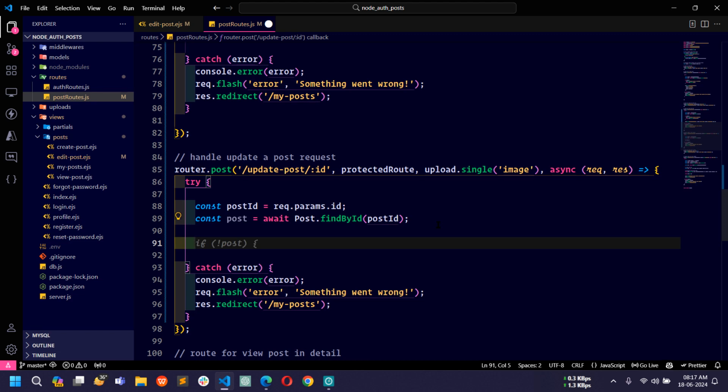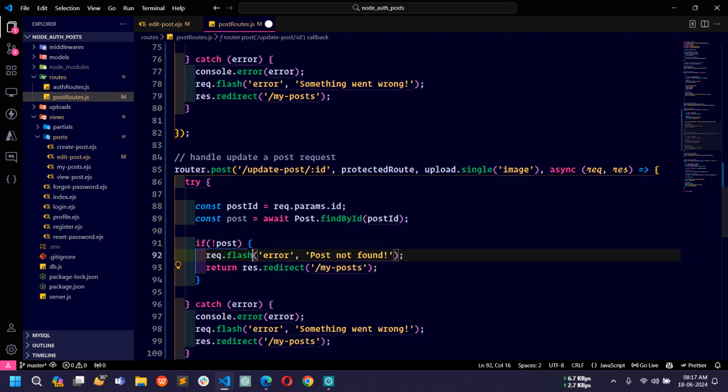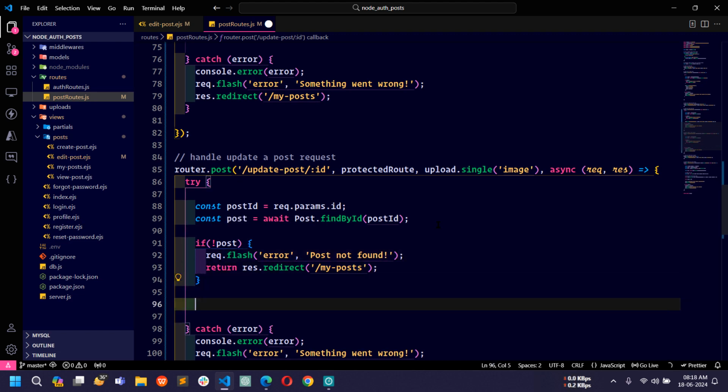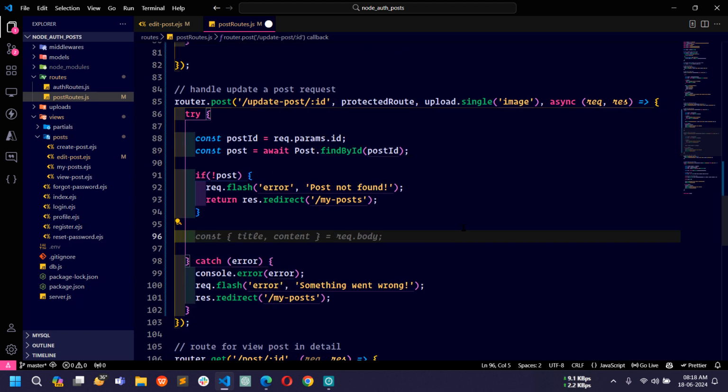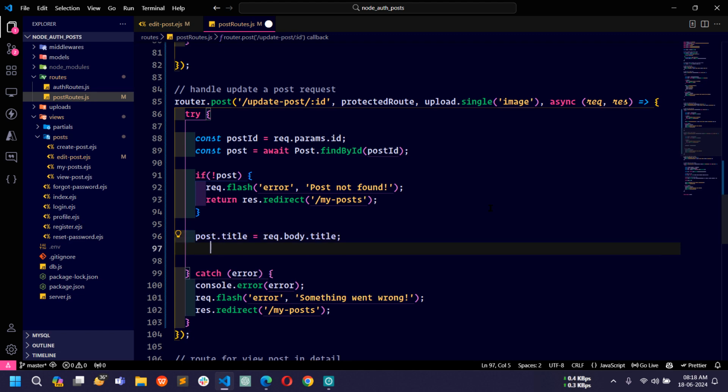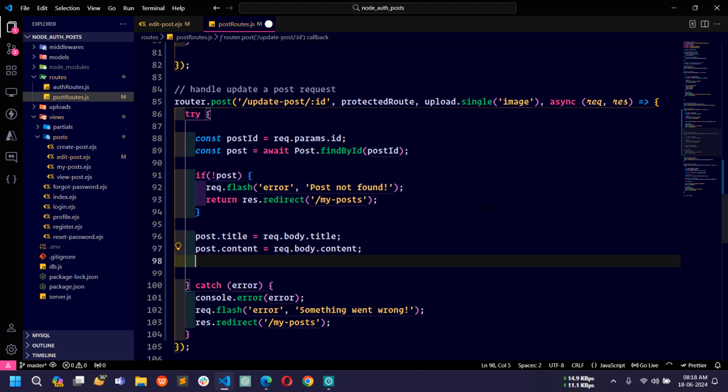Now next, again here I will check a condition. If post not found, then we will send a flash message, post not found, and we will redirect to the my posts page. Now in case post is found, then we will just use post.title equal to request.body.title, so we can access title from the request.body. Okay, similarly we will access the content using request.body.content,